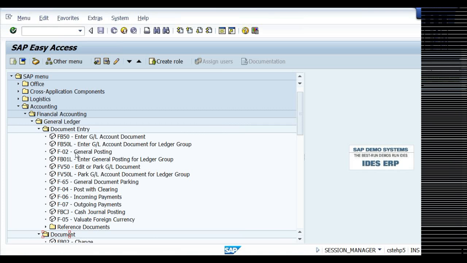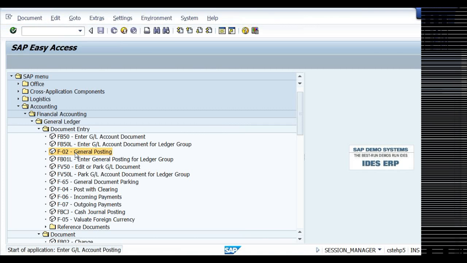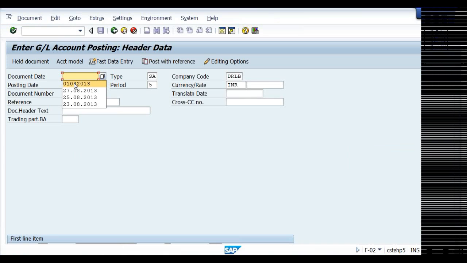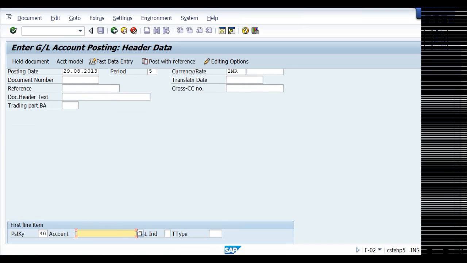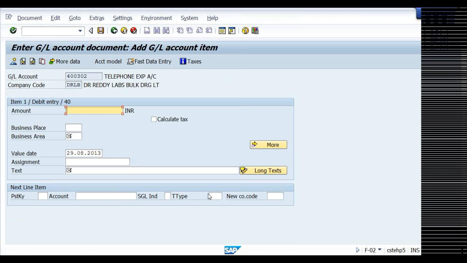See, whenever we are posting an accounting entry here, you can use F4 and F2. Say office rent 400, 302 telephone expenses. See, the system is asking you business area, text. Now, if you make changes,